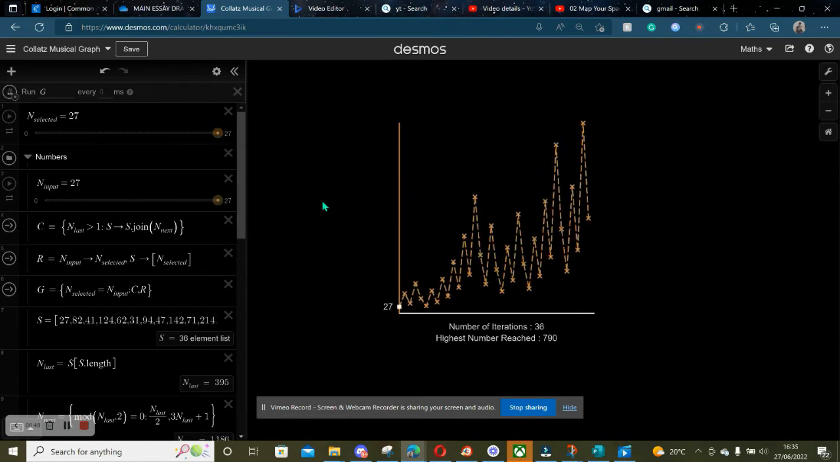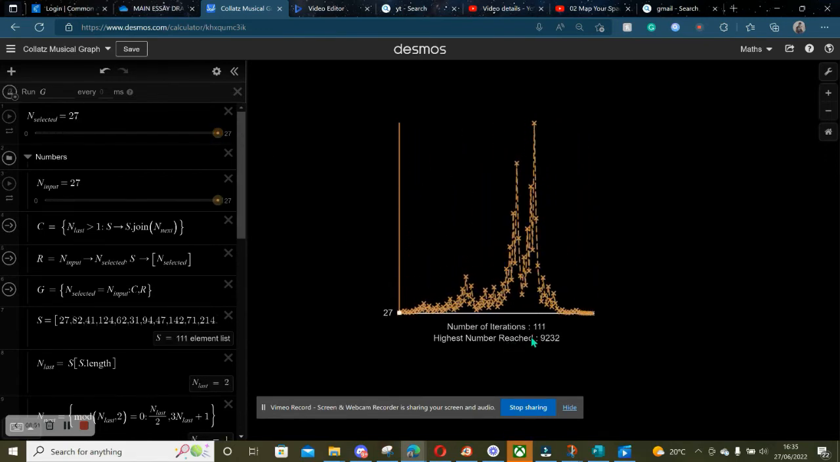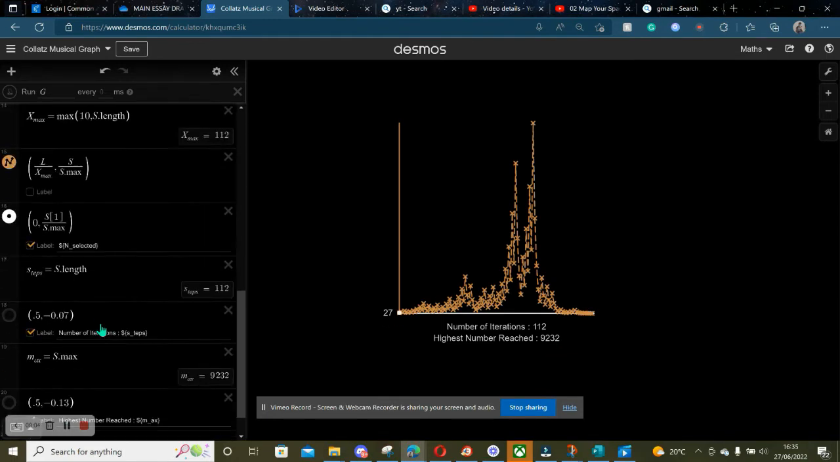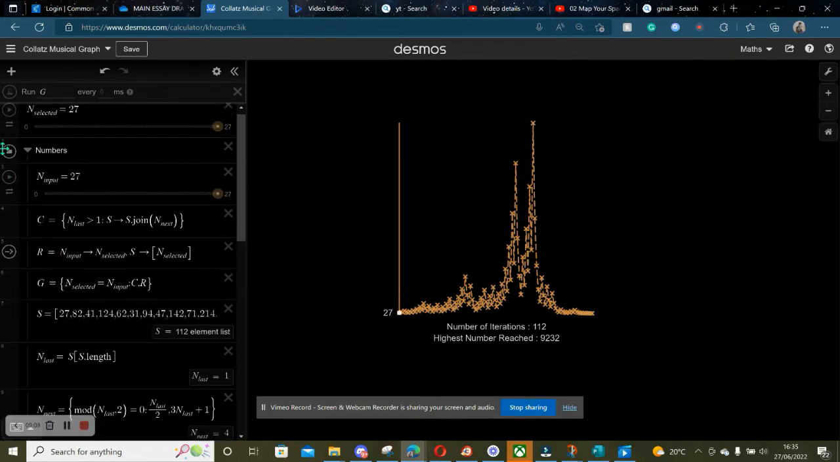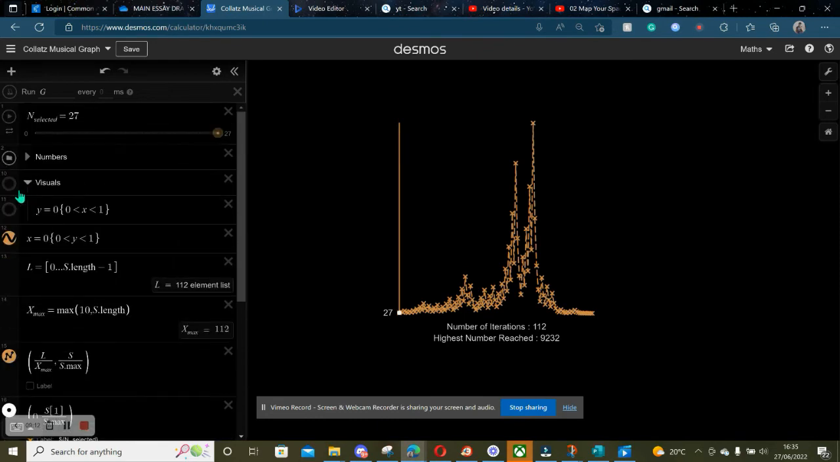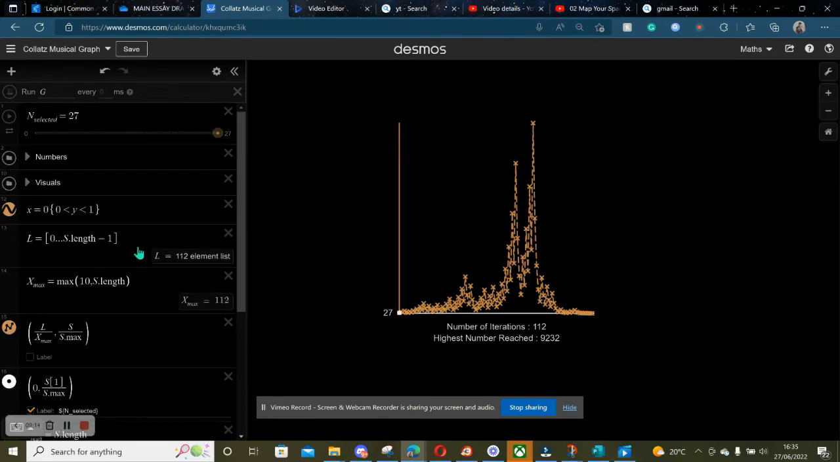But when we get to 27, we have an amazingly large number of iterations, 112. And the highest number reached is 9,232. That is insanely high. So what I'm going to do is try and add another expression, so I'm going to close my two folders. I'm going to try and add another expression to basically describe